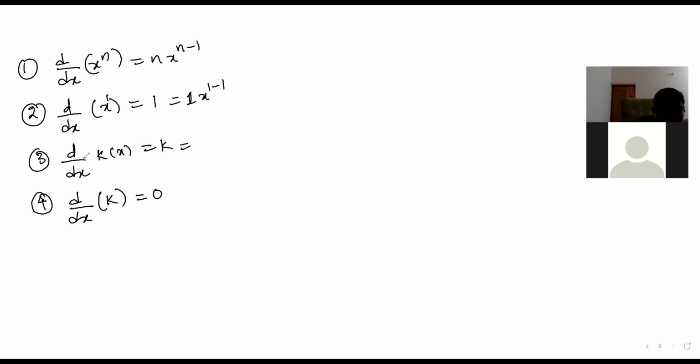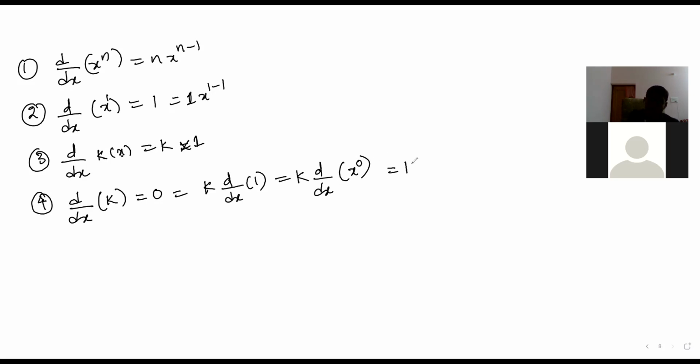K into x, no, k constant keep aside for x ka 1. K into x ka 1. For this, what? Constant if we keep aside, d by dx of 1. So k if you 1 in the sense what is this one? 1 means x to the power of 0. Yes or no? Yes, sir.